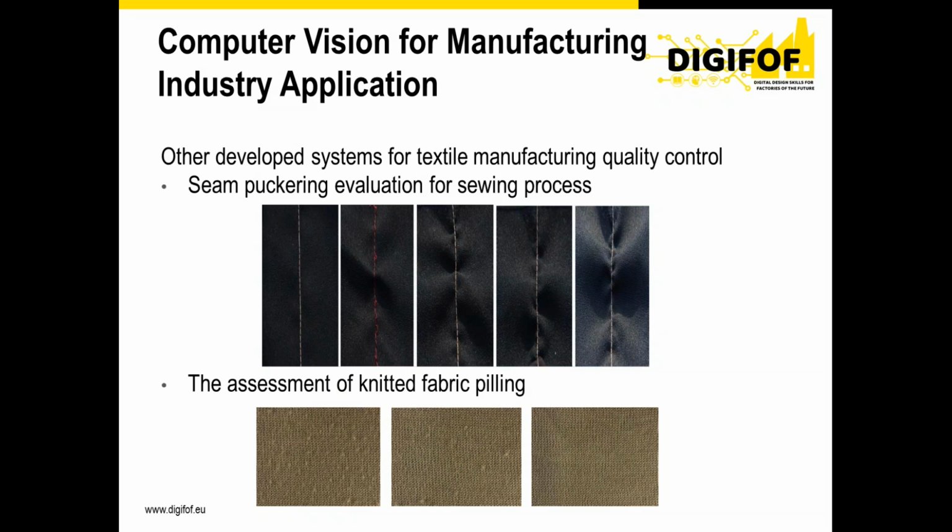So puckering means that when you are trying to assemble two parts of the textile using the seaming process, if you cannot manage to flatten the textile, or if the sewing machine is not controlled and not tuned perfectly, then you will get this kind of defect called puckering, which is actually a